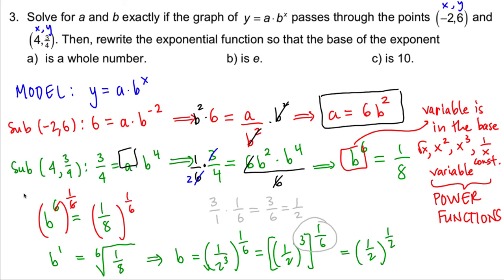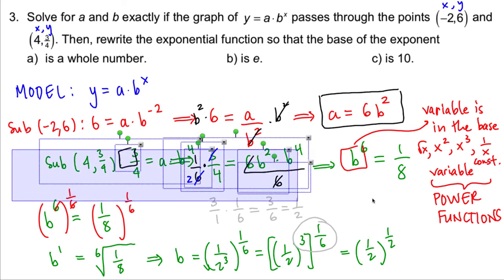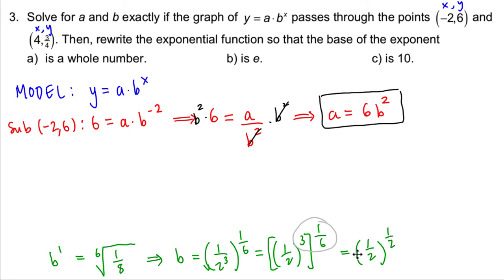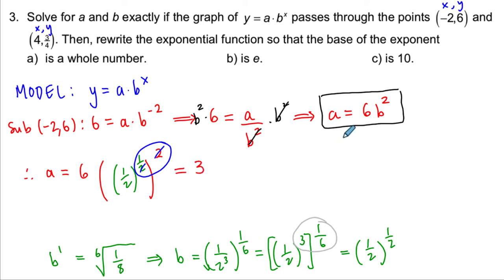So I'm going to clean up a lot of this here. I don't need a lot of this in my way. I'm just going to keep track of what the value for b was and substitute it here. And so therefore, a is going to be 6 times the value for b squared. And the value for b is 1/2 to the 1/2. Well, so that's somewhat convenient because these exponents will multiply, leaving me with 1. So 1/2 to the 1 is 1, and 6 times 1/2 is equal to 3. So I get that a is equal to 3,